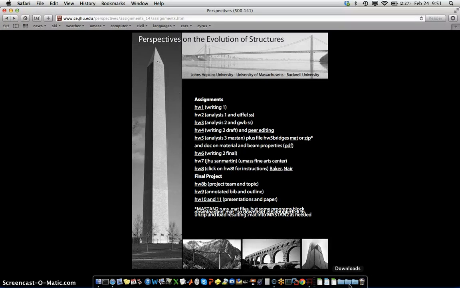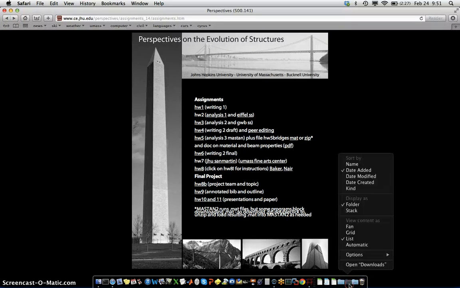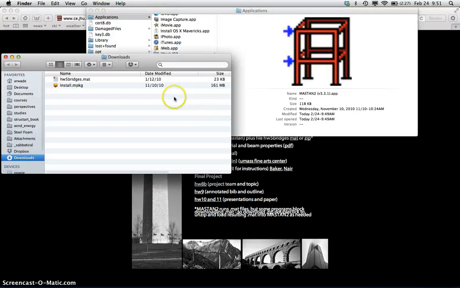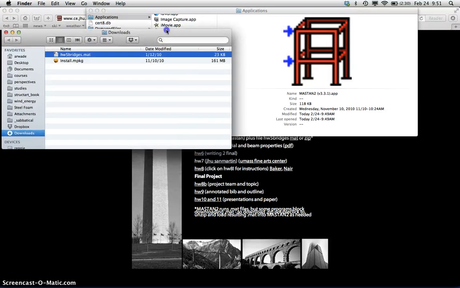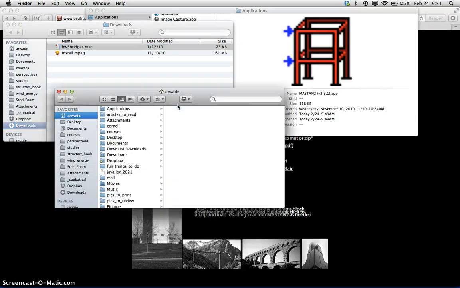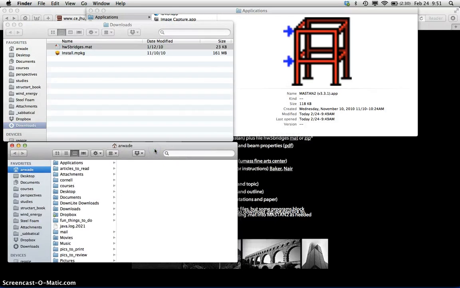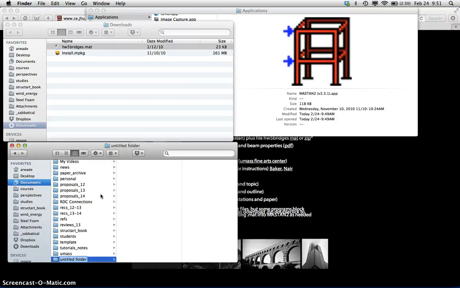So that's gone into my downloads folder, and I'm going to open my downloads folder now, and I see homework 5 bridges.mat sitting there. I want to put that someplace where I'm going to be working on it. So for example, and again, I'm working on a Mac here. You can do something similar on a PC. I can go into my, say, Documents folder and make a new folder called